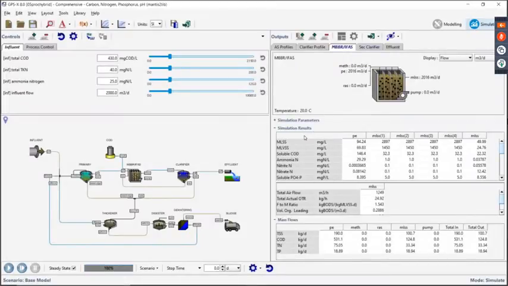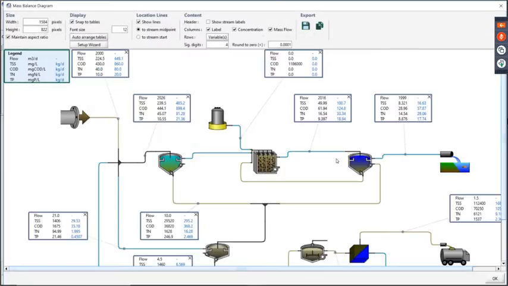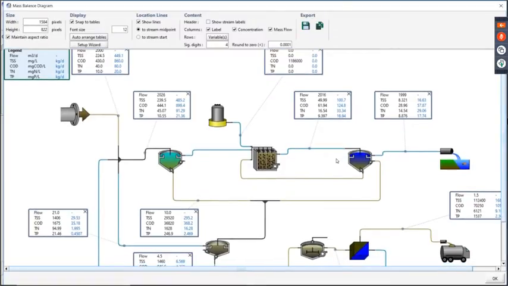We also have a new diagram now as well. So up here, where previously we had a number of buttons for our operating cost and our Sankey diagram and so on, that's all been put into one menu here, and we have this new one called the mass balance diagram. And this is very handy because what it does is it puts together an image of your layout, and then it puts together the information that is all of the flows in between the objects in your layout.